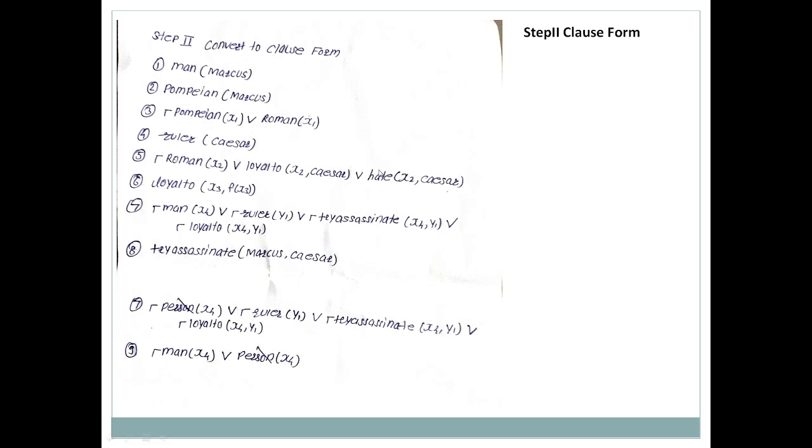So this is step number 2, conversion of predicate logic to the clause form. I hope you understand. I told you that this problem can be solved in 3 steps: conversion of the given statements to predicate logic, then conversion of that predicate logic to the clause form, and the third step is resolution. In order to prove a given statement, you have to make use of the resolution algorithm. You need to understand whether you have to solve the complete problem at once, or you have been asked to solve it in steps only, means just give the predicate logic of the given statements, obtain the clause form for this, and resolution.